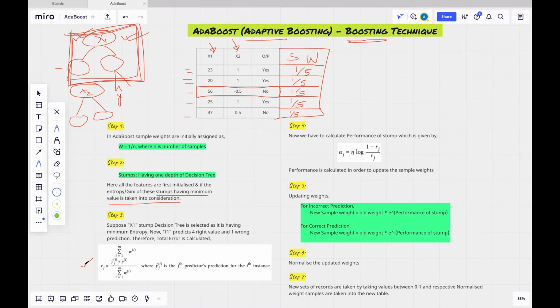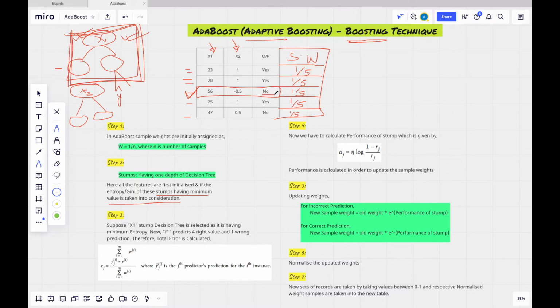This formula is nothing but the summation of all the incorrect predictions upon the records, where y hat is not equal to y, the predicted value not equal to the actual value, divided by the samples. Now we have calculated rj, which is the total error, where y hat is not equal to y. So we got that this record is not predicting properly: instead of no, we got yes.